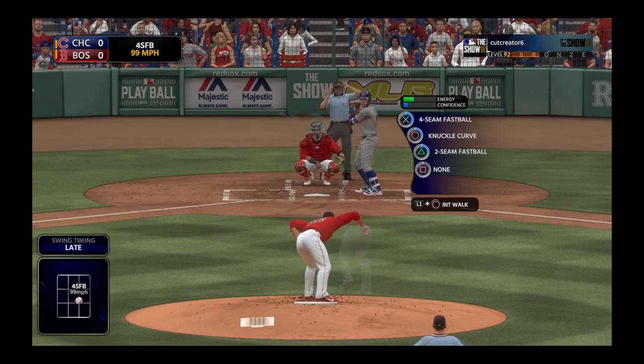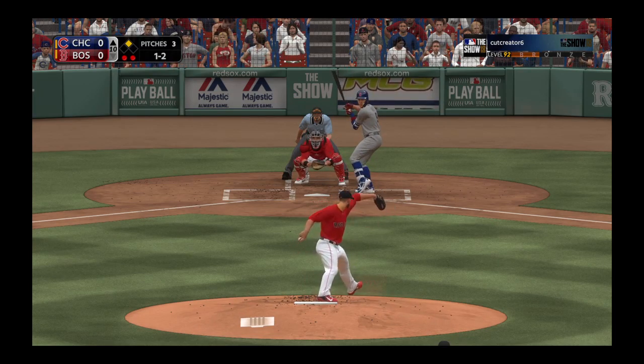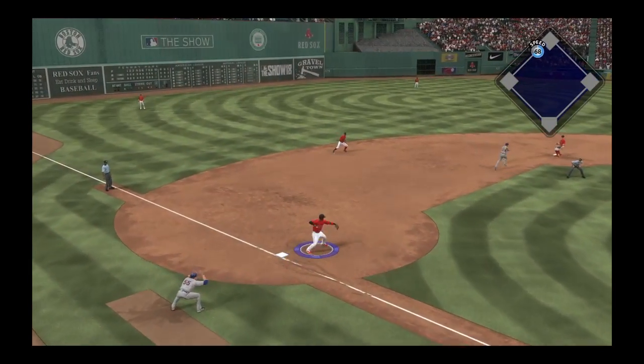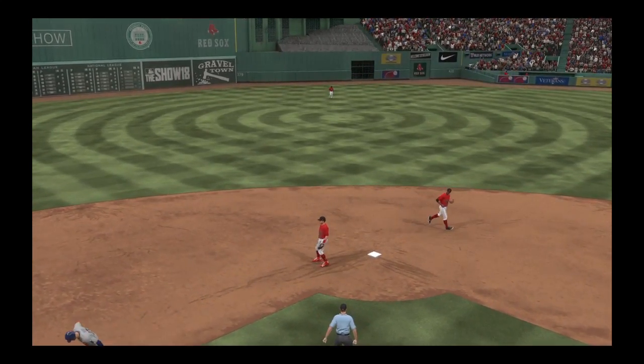A ball and 2 strikes. I'd be shocked if you saw anything else but a fastball right here. He's blown those first 2 by him. Don't give this guy a chance to speed up his bat with something off speed. And oh, the quick reactions behind the plate almost had him. But